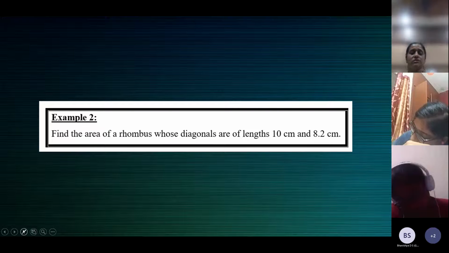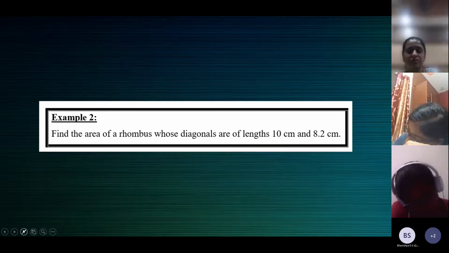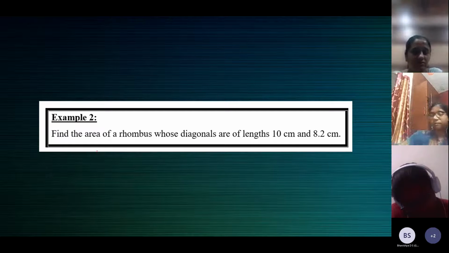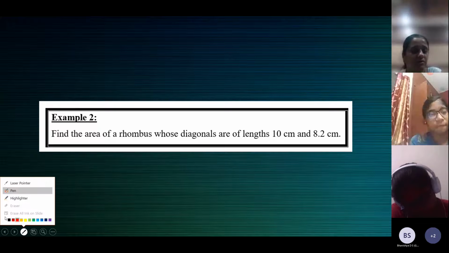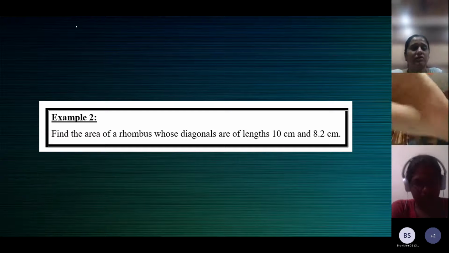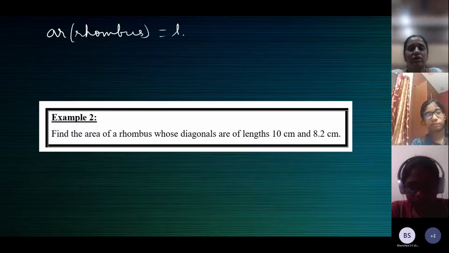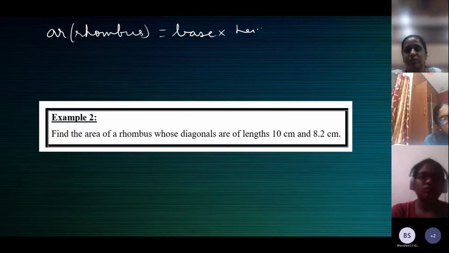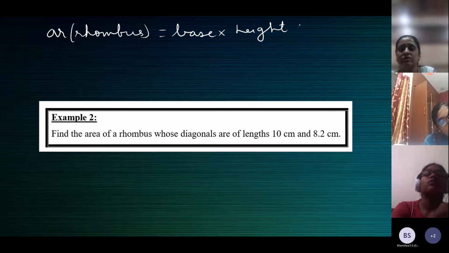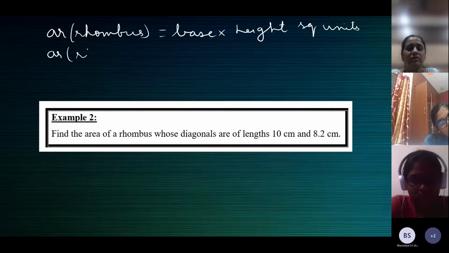Okay. Next one. Find the area of a rhombus whose diagonals are of lengths 10 centimeters and 8.2 centimeters. Now, the formula to find the area of a rhombus is base into height, if the value of the base and height is given to you. So you have two formulae. Area of rhombus is equal to base into height, if this information is provided, in square units. Or you can also find the area of the rhombus using the formula